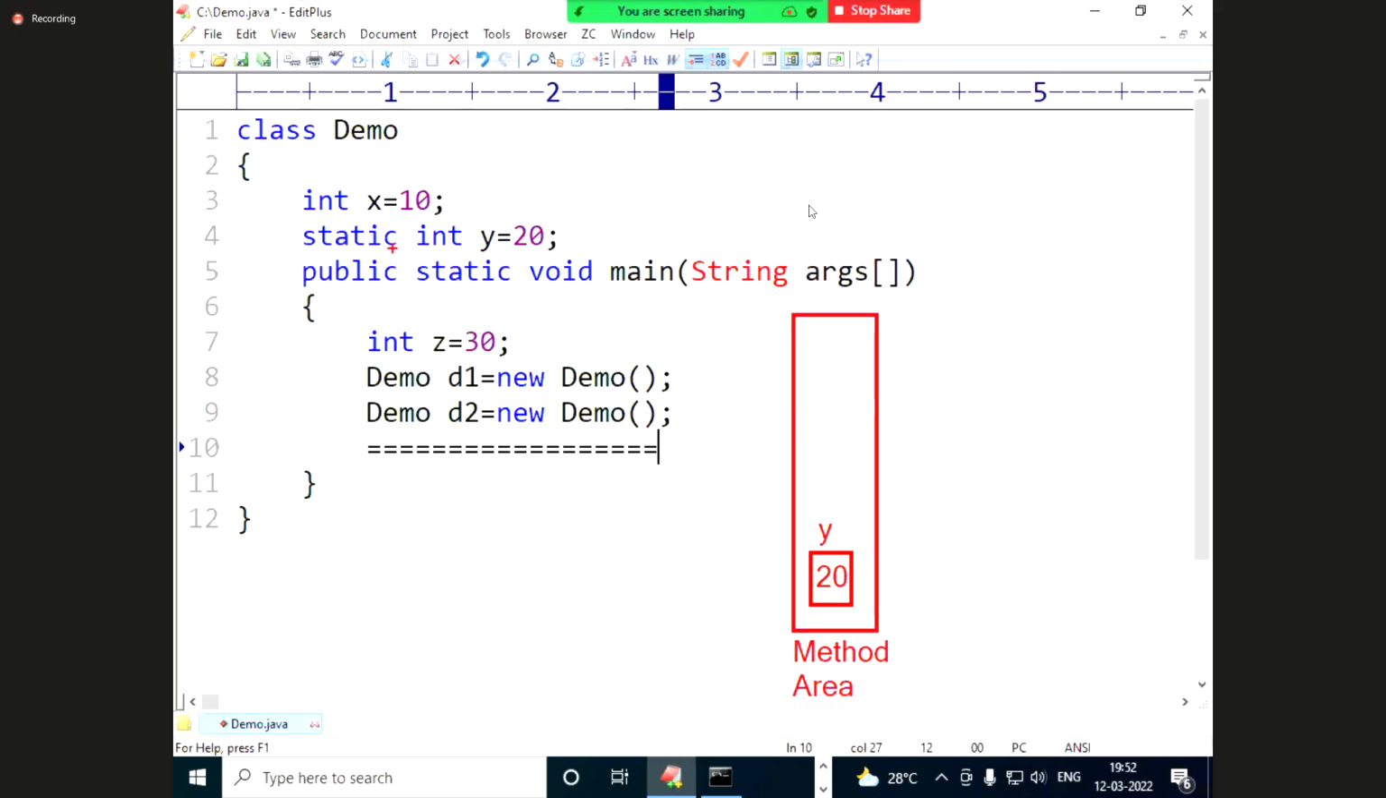After this, main method called, open brace executed, int z equal to 30. That is stored in stack area. So z is nothing but 30. After this, now